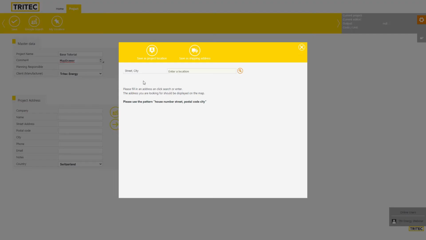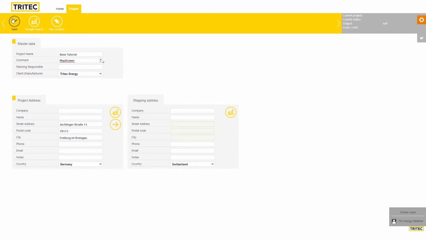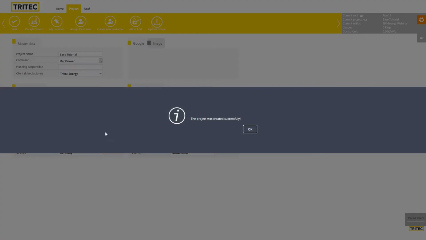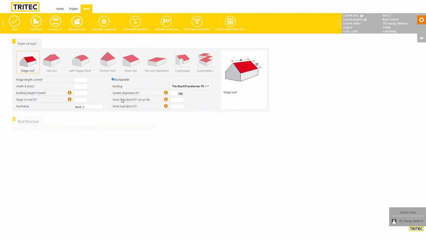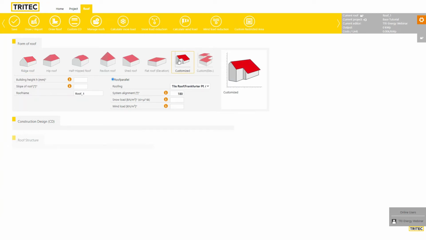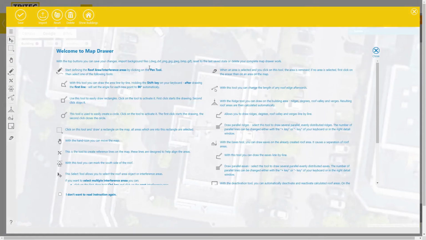And I'm defining the project address, and I'm using the very same address here, and I hit save, because I don't want to give any other values yet. And it's a pitched roof, and I want to draw. It's customized. So I'm selecting this roof form, and you see once I select this roof form, now this becomes present. Draw import. Once you start it, there's a